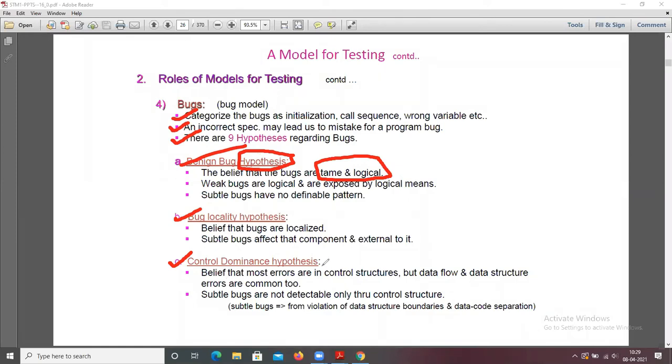The belief is that most errors are in control structures, but data flow and data structure errors are common. Subtle bugs are not detectable only through control structures. Subtle bugs arise from violation of data structure boundaries and data code separation.